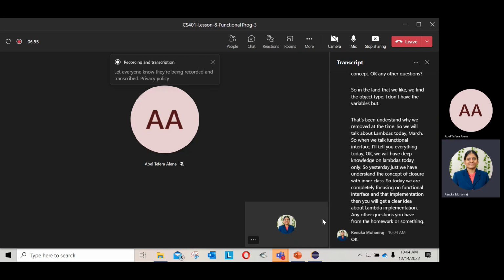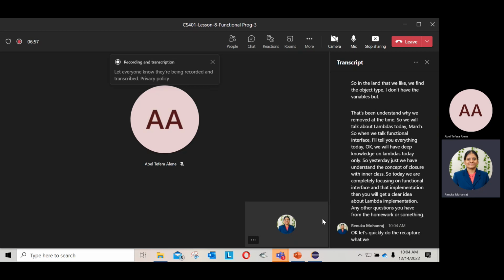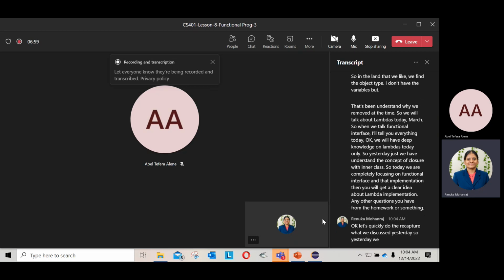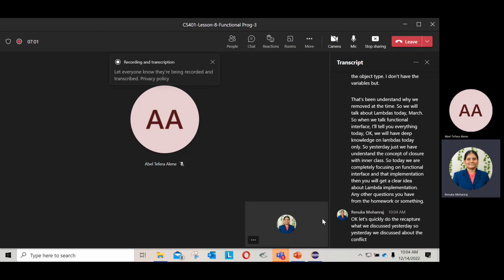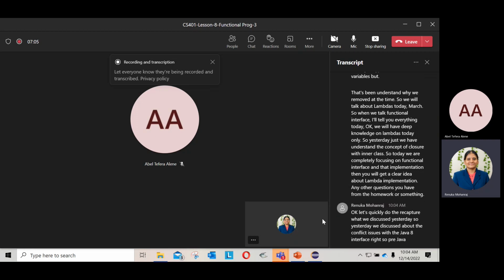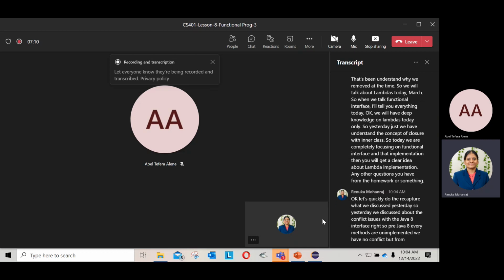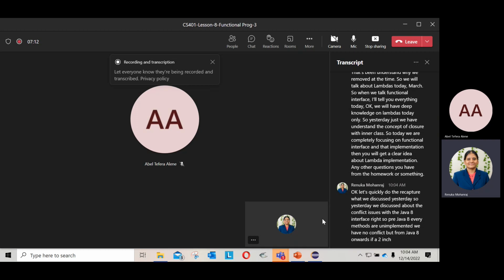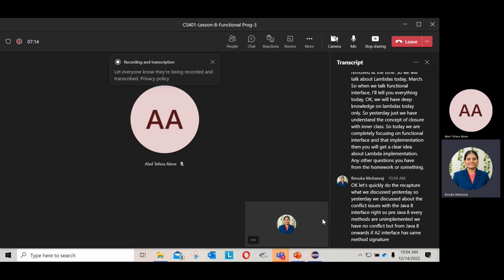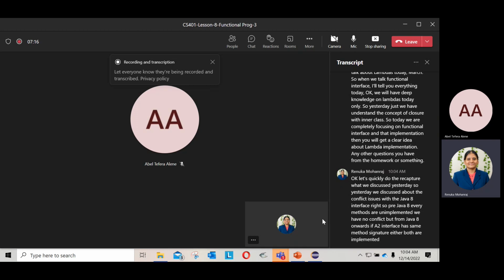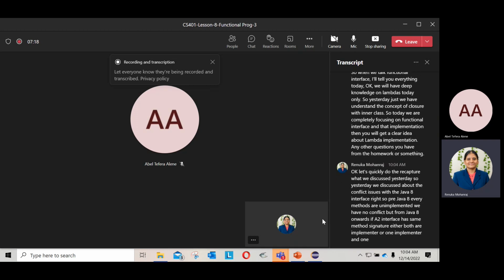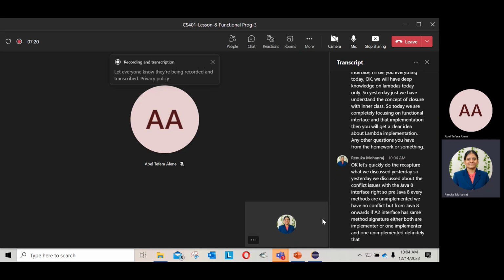Okay, let's quickly do a recap of what we discussed yesterday. We discussed the conflict issues with Java 8 interfaces. Pre-Java 8, every method is unimplemented, so we have no conflict. But from Java 8 onwards, if two interfaces have the same method signature, either both implemented or one implemented and one unimplemented, that class must override the method.